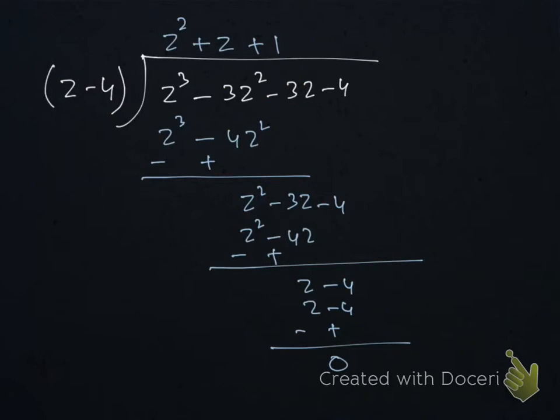Now we should use the long division because the power of the polynomial is 3. Whenever the polynomial's power is 3 or more, we always use the long division to get the remaining factors. This is the linear factor. It was given in the question. So we need a quadratic factor, and this is the quadratic factor. You know how to do long division. I'm not discussing long division here. This is the quotient, and in fact this is the quadratic factor of the polynomial.